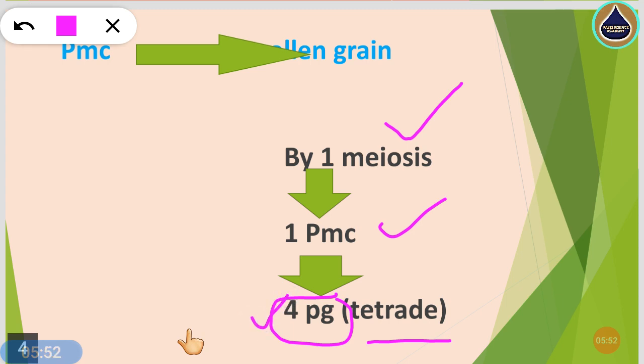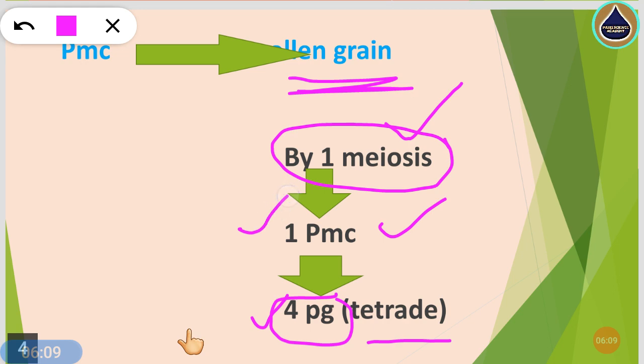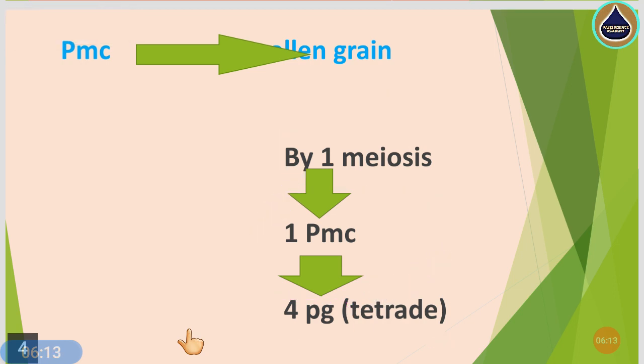So it is now clear that there is no single pollen grain formation in the flower as far as the male part is concerned. So by one meiosis cell division, one pollen mother cell converts into 4 pollen grains. So it is now clear